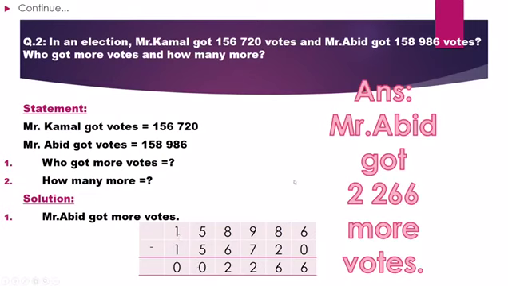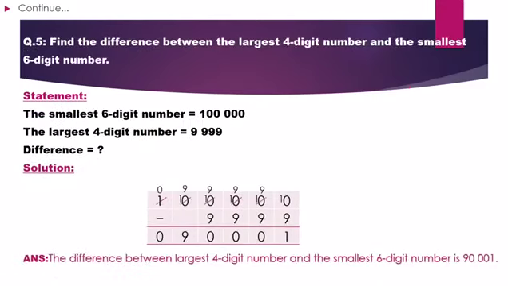So the answer is Mr. Abid got 2,266 more votes. Now another example, find the difference between the largest 4-digit number and the smallest